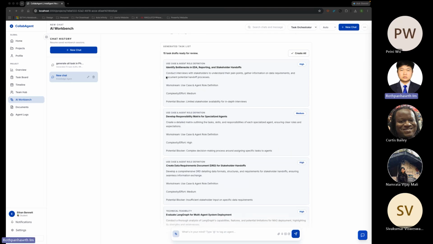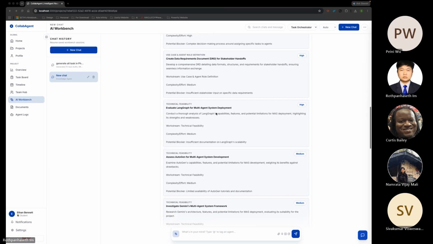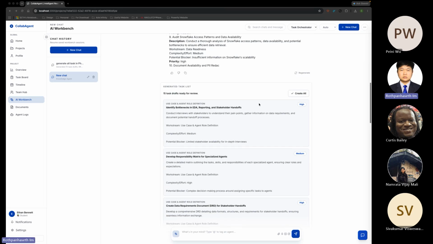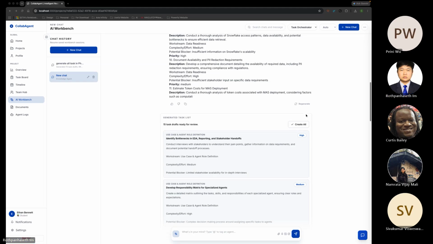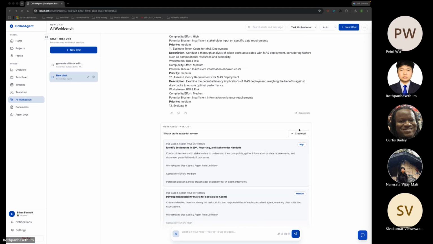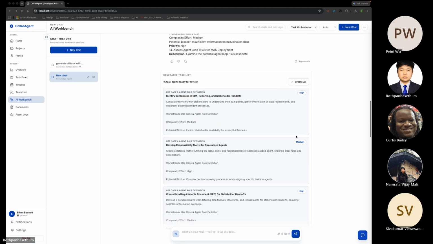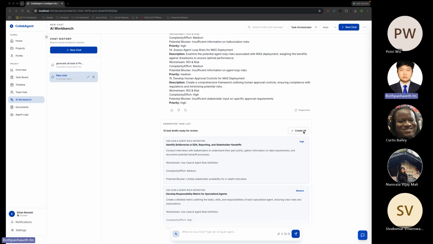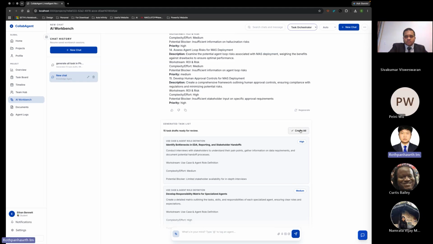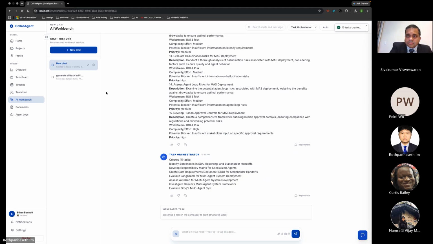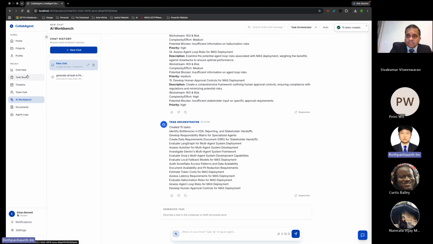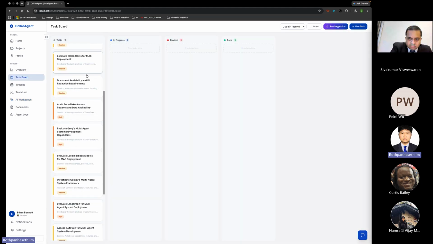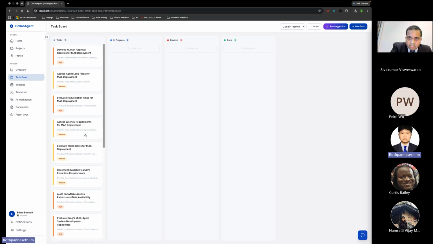with the title and the detail about what the task is supposed to be. Oh, yeah, and I can let it create all the tasks. Here you can see that all the tasks have been created by the AI.